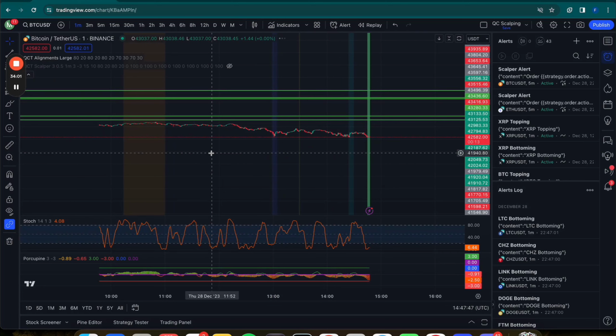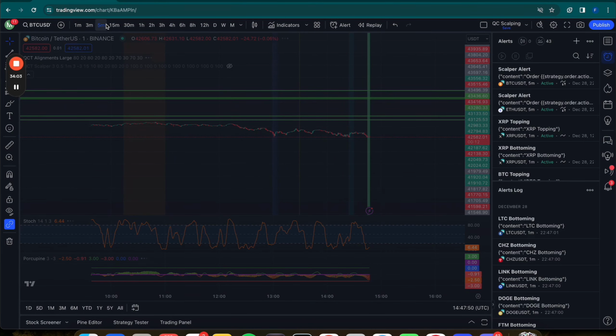And that's the idea of it, right? We're taking a core market principle that works, which is trend reversals and ranges, and then we're looking at confirmations of those by using stochastics, and then we try to find as many perspectives as possible on different coins as well. First of all, as many perspectives as possible, consolidate them and look at overlays, look at the Porcupine, and then we look at other coins as well to get even more confirmations. And once those all align, then we have a pretty consistent move in the market.